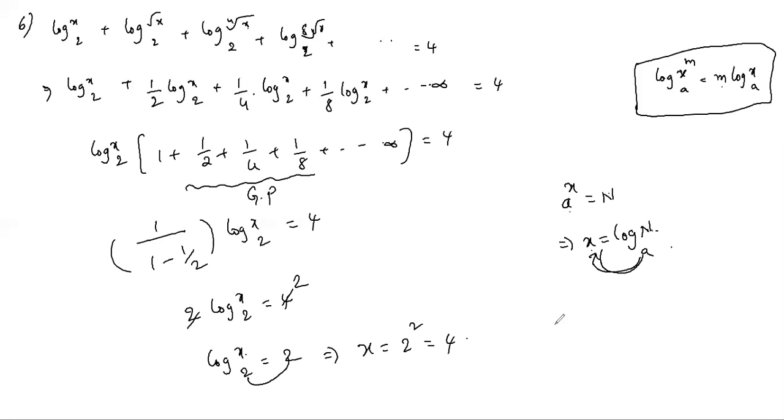Sir, that E symbol, is that exponential? The E stands for exponential. That is a fixed value, something like 2.7. To write in terms of log base 10, you have to multiply with 0.43 something. That is physics. The E value is a fixed value, very useful in physics. In maths we use it directly. We just write E only; we won't simplify that value.